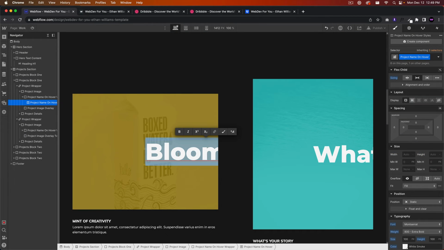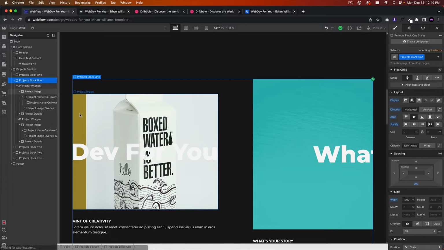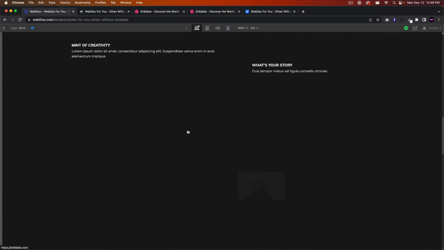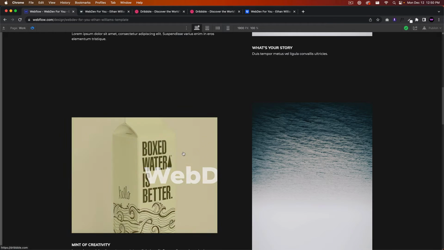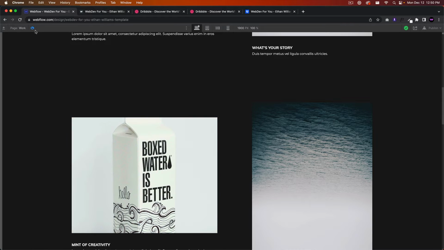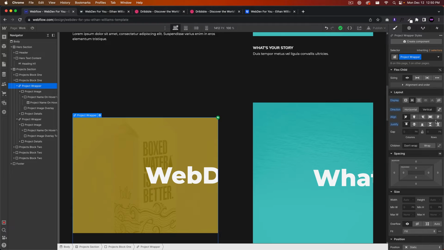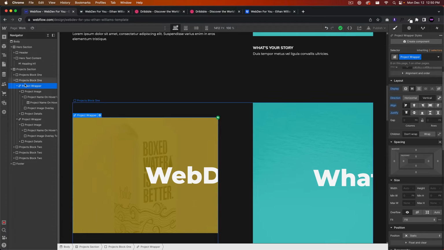And I can double click into the text. Even though you can't see the entire text, you can just go in and replace it. So I can say WebDev for you. And it should work correctly here. So don't worry about the text overlapping. That's just how that is there. And that's because the project wrapper, I think it's the project wrapper or the project image, has